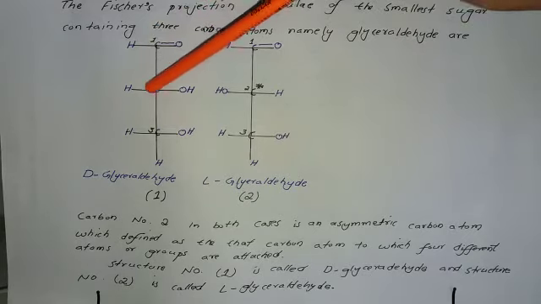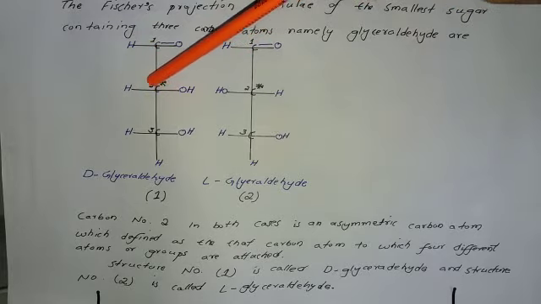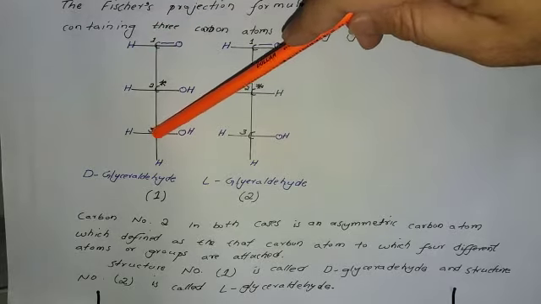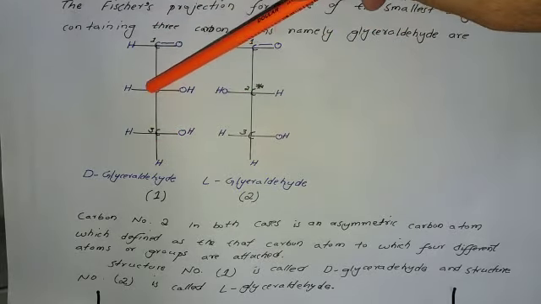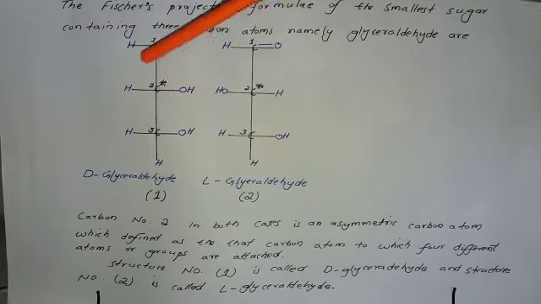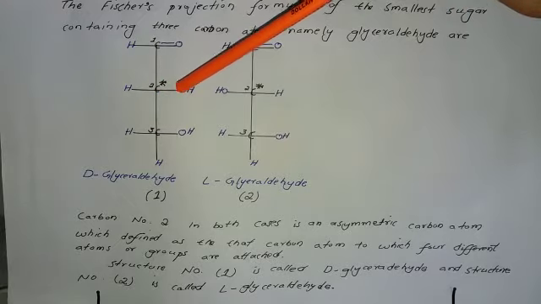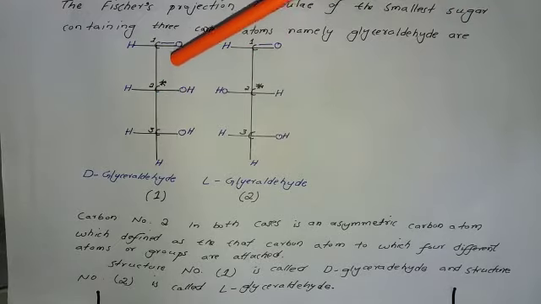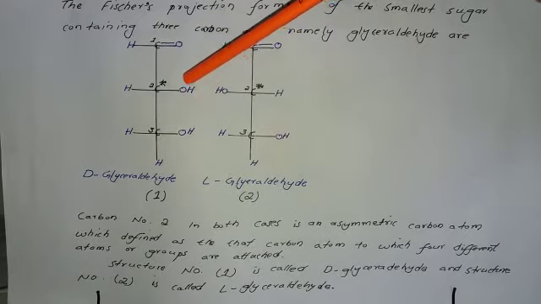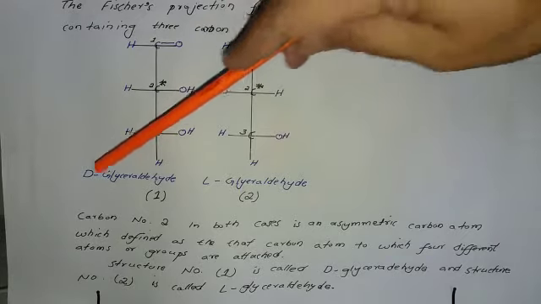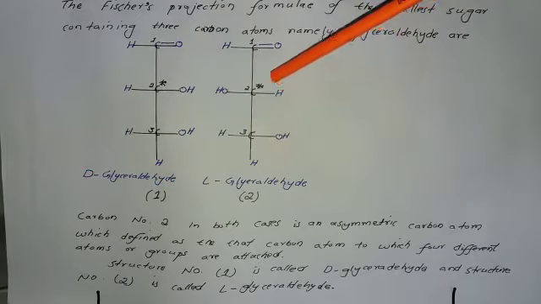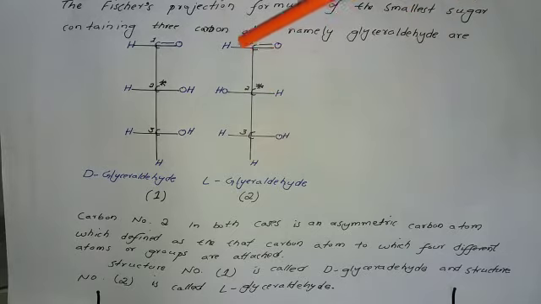center. In glyceraldehyde, there is only one chiral carbon, the asymmetric carbon. This carbon is not an asymmetric carbon. Carbon number 2 is the asymmetric carbon. So, when the hydroxyl group is attached to the right side of this asymmetric carbon, the glyceraldehyde is said to be D-glyceraldehyde. Carbon number 1 is not an asymmetric carbon because